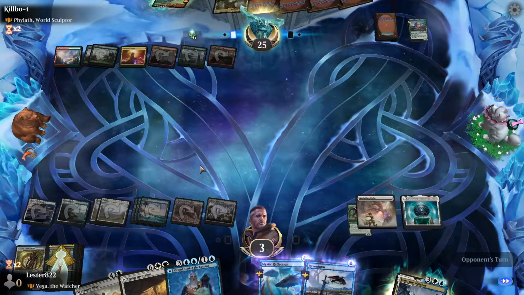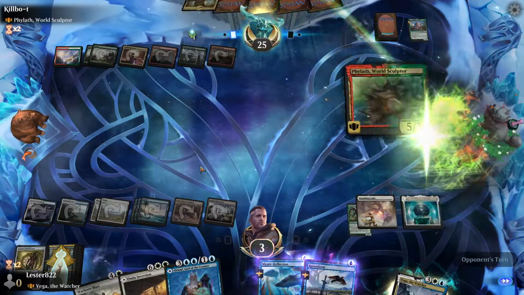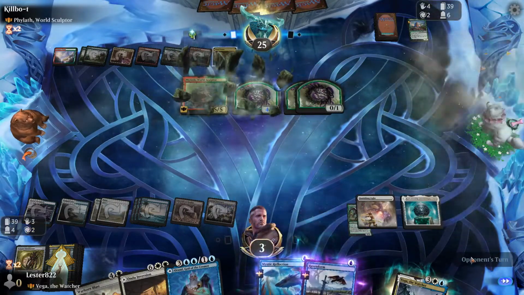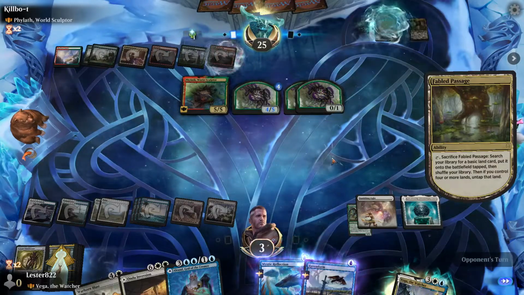Okay, so he's casting Phylath, right? Or something scary. I'm really hoping it's Phylath. We do have that board wipe in hand, which is going to get rid of our Banishing Light. Banishing Light was not the right move. I should have Raven Formed. Honestly, that might actually cost us the game, because now I have to...